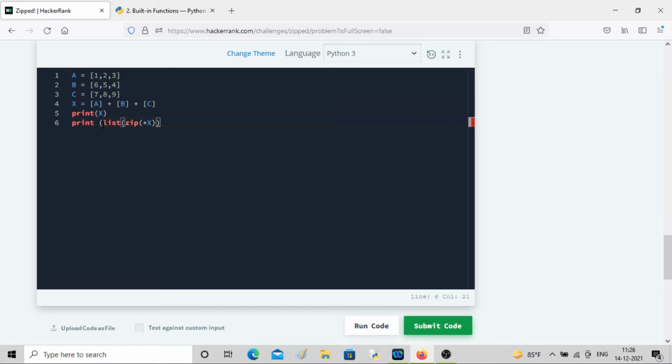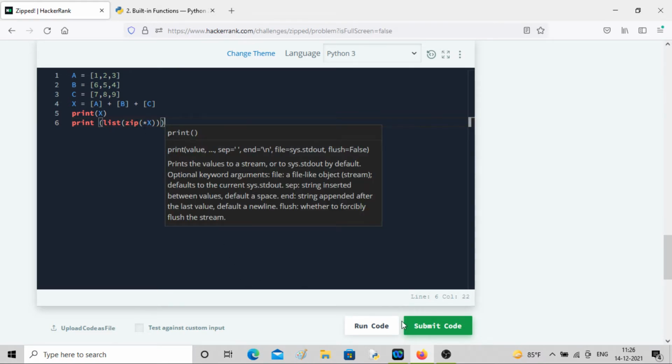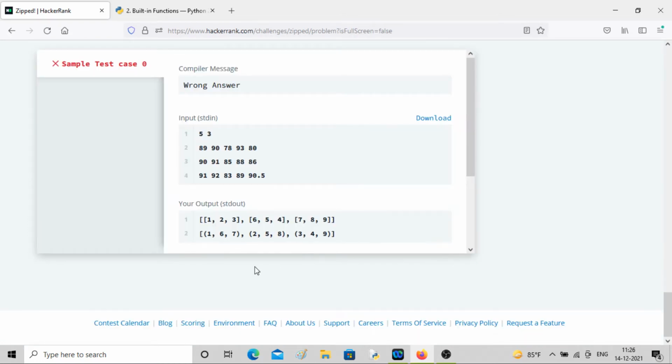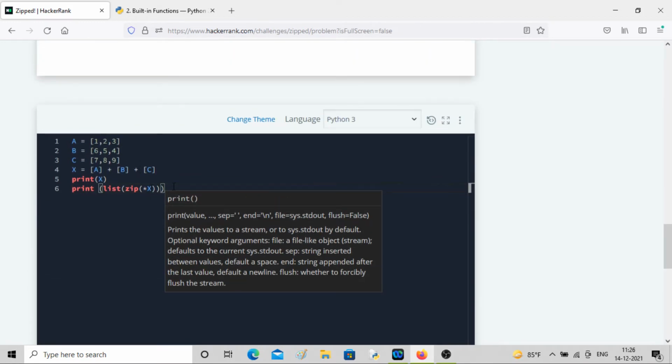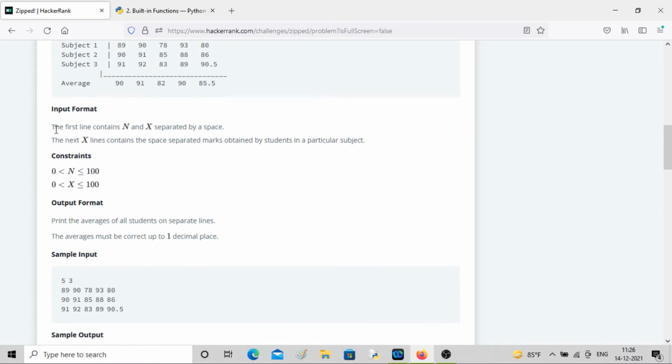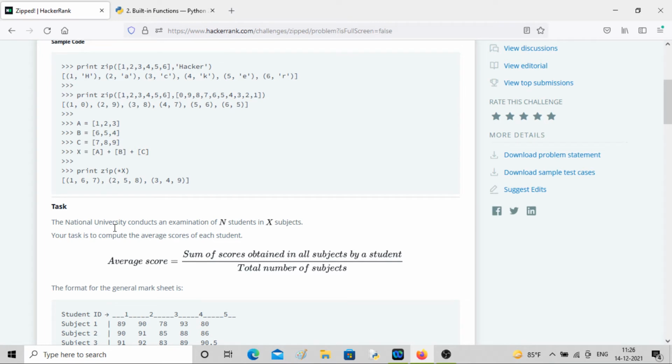To see the inside content, you have to convert it into list form. Now you can see X and the zip output. You had X like this, and now it is converted into tuples: 1 6 7, then 2 5 8 and 3 4 9. This is just an example I wanted to show you of how it looks. We'll be using this. Now let's go to the task.